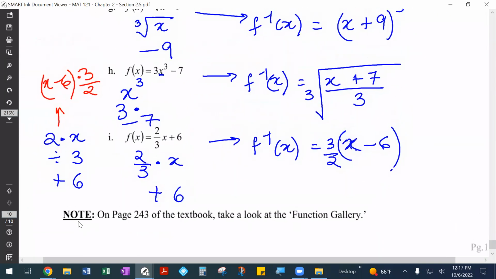Alrighty, so this will be the end of 2.5. Now, as I was telling you, there is a section 2.6 handout in D12, but don't worry about it. I just include that because if you need to know about direct and inverse variation, it's right there if you need it for any reason. But as far as the requirements of this class go, you're not needed to work on that, and so that's why we don't go over it. There's no homework, but the handout is just for your reference. So let's